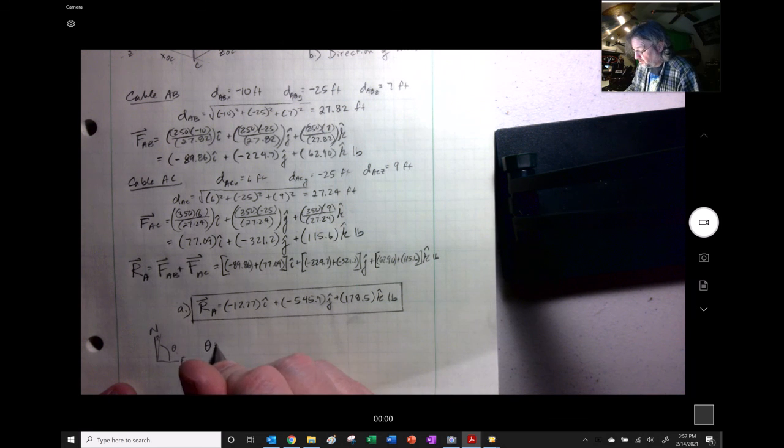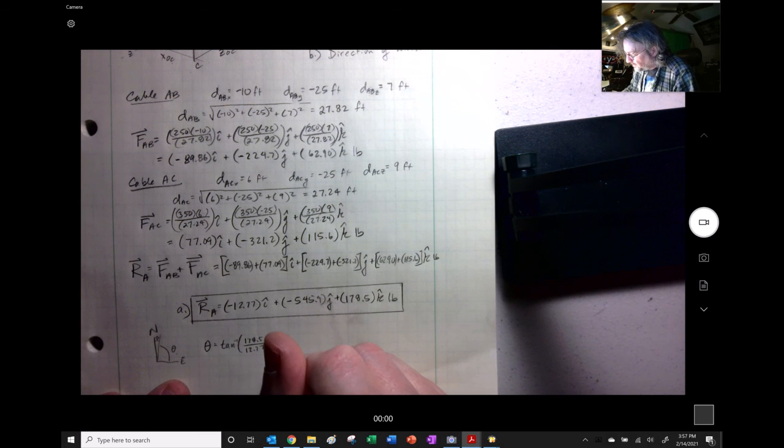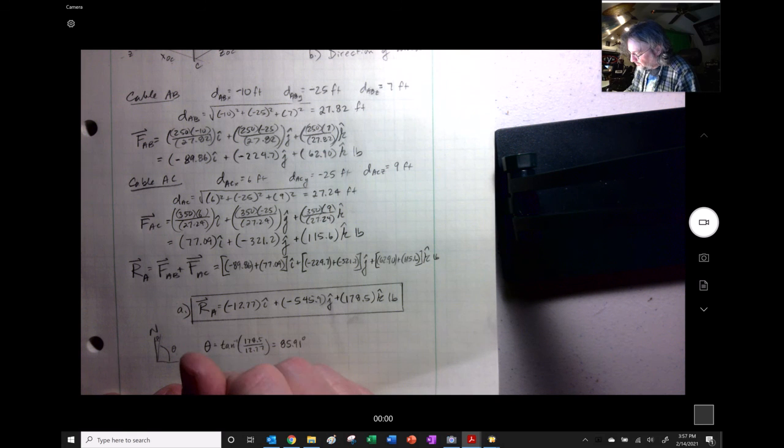But anyway, that angle that we would find right there would be the inverse tangent of rise over run, so it would be 178.5 divided by 12.77. So that's going to be quite the large angle, I'm predicting. So that ends up being 85.91 degrees, or as I've drawn right here,